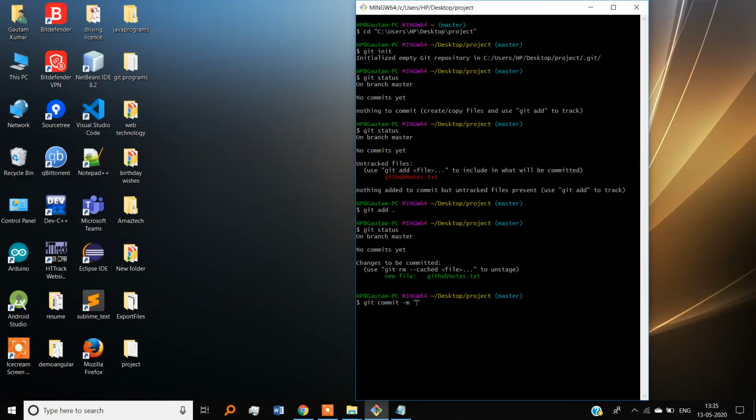Because it's version control, we can click on that commit message in a repository and find our old code or old project also. This is actually the benefit of git. We can write anything. First commit, enter.